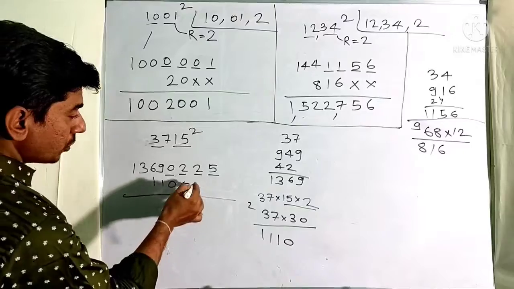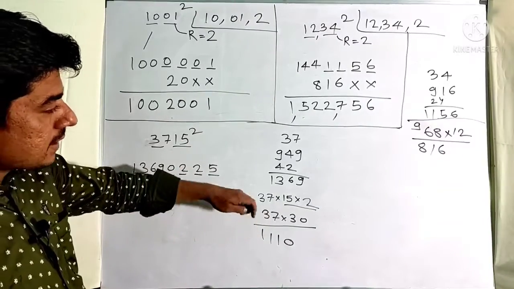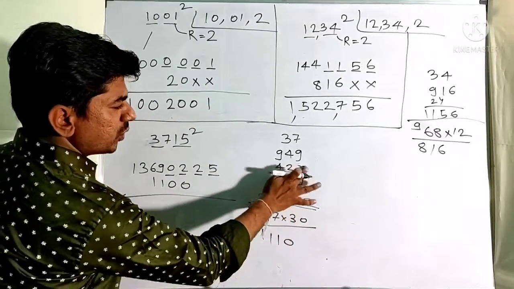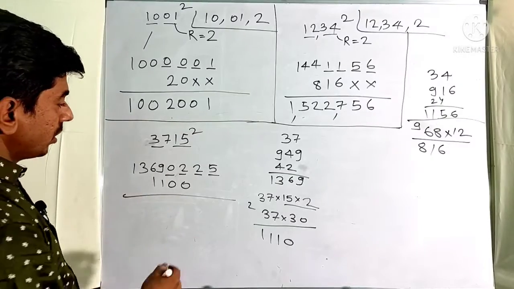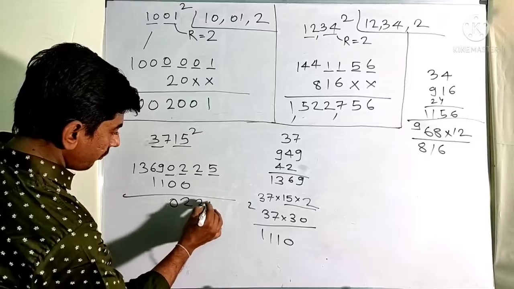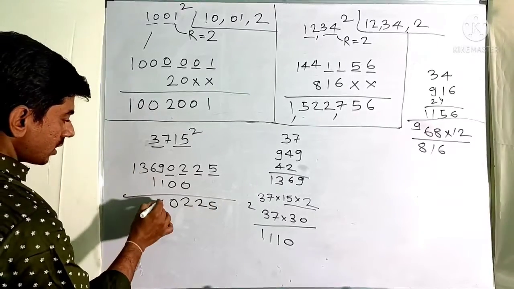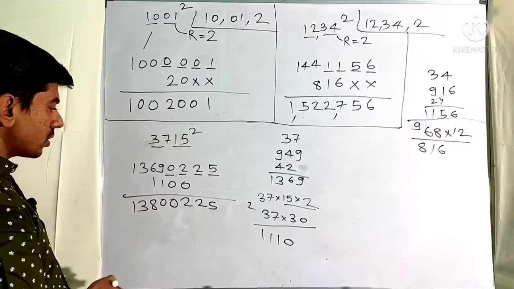After practicing you need not write it cross, because you can write the answer directly as I have written here. I have not used the cross symbol. You need not use this. After practicing you can directly write it. Now let us take the answer. Here onwards there is no carry on. From this the carry on started: 6 7 8 1 3 8 0 0 2 2 5.